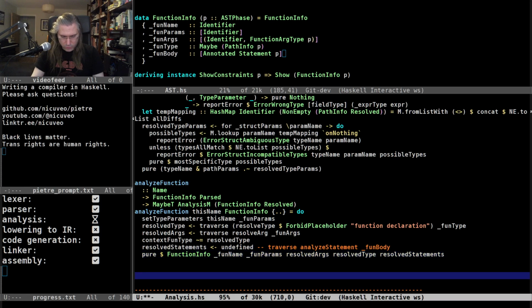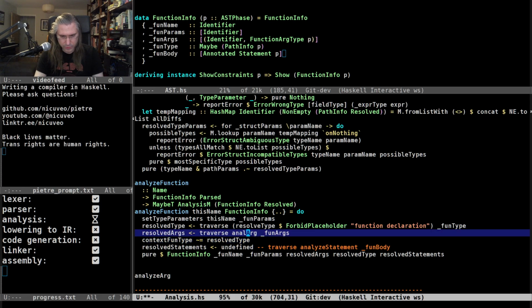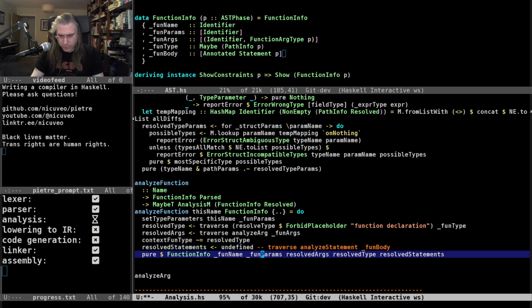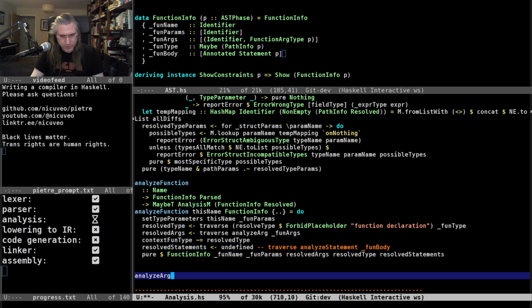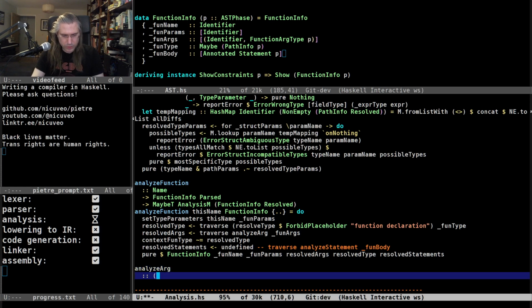And let's do analyze arg. Or resolve arg, I guess. Or, yes, I should be not resolve, but analyze. Resolve is a different series of functions. Here. Oh, analyze was correct. Okay. So this is going to be a function that, given a tuple that is the argument, which is an identifier and a function arg type passed,